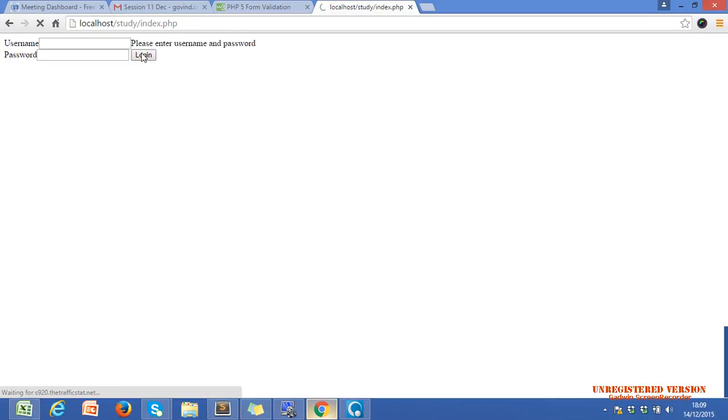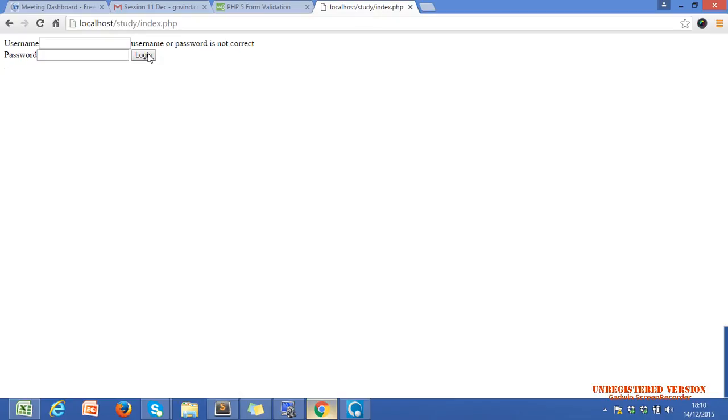If we didn't enter anything, then we get please enter username and password. If we enter wrong values, then we get username and password is not correct. We are getting correct messages with the same variable in the same place.